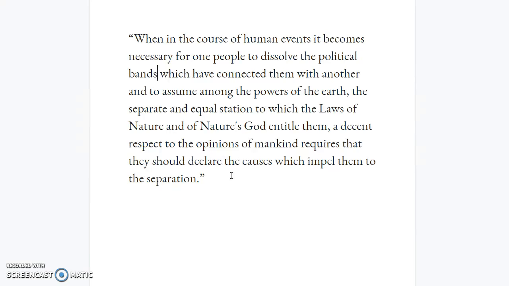You can say in a business, in a company, if one group wants to separate from that company and start their own company, they should tell the world why. Why? Because you don't just do a thing and not explain why you're doing it. Out of respect for your fellow man, you just tell them why. If one part of a family wants to separate and become a separate and independent and equal family, they should tell everyone why. See how easy, like once you understand it, you can apply it to something else. You can apply it to things. You can apply it to a tribe. When half the tribe wants to leave the rest of the tribe, they should tell people why.